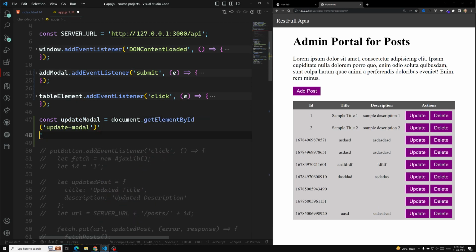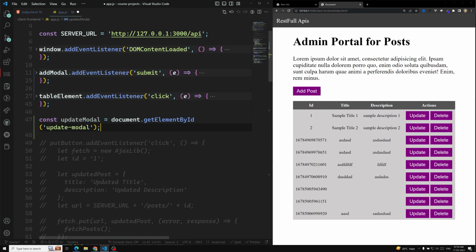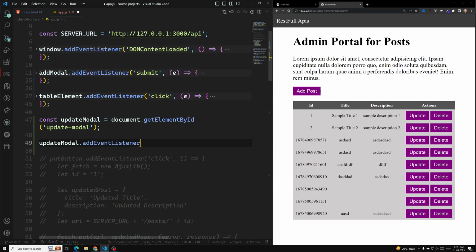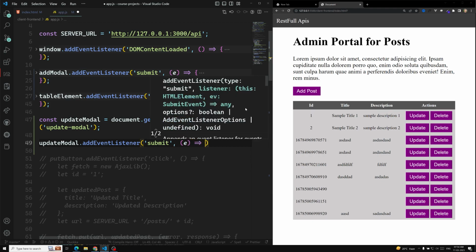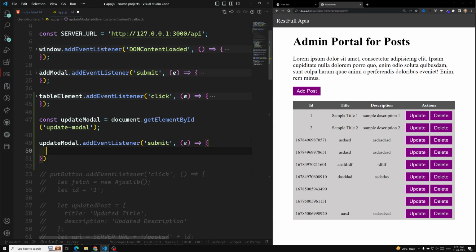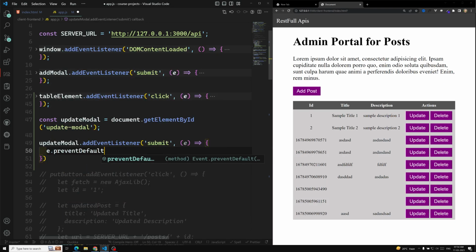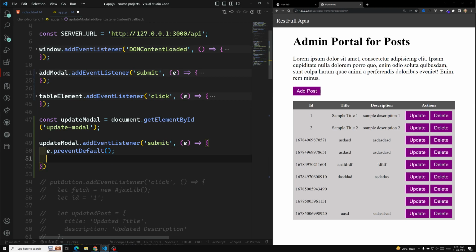Okay, and this update model, addEventListener of submit. Okay, and you will get the event. So now I can do console update model is submitted. So now update model submit is there. So first one is e.preventDefault. Okay, and the other one what I want to do is